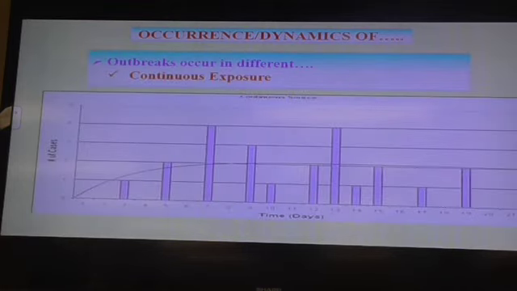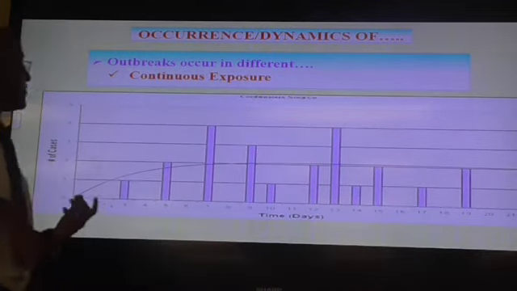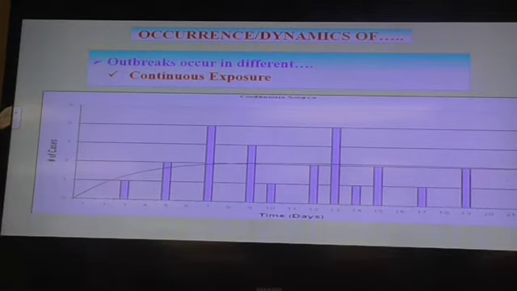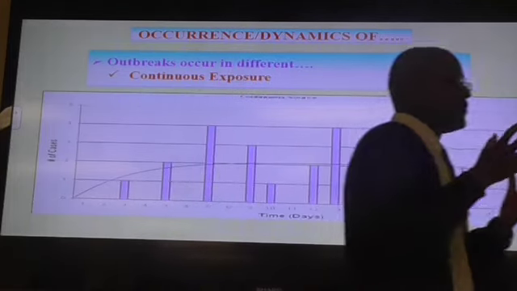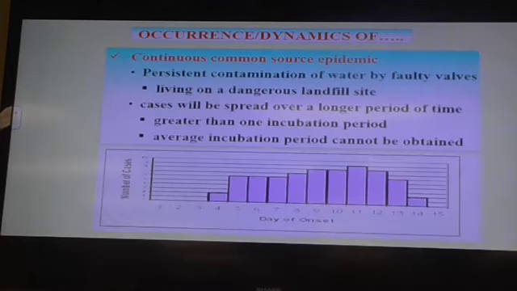The other type of exposure is a continuous common source. Continuous common source means exposure is really not limited, it's extended over time. But still it's common source, but it's continuous over time. So like persistent contamination